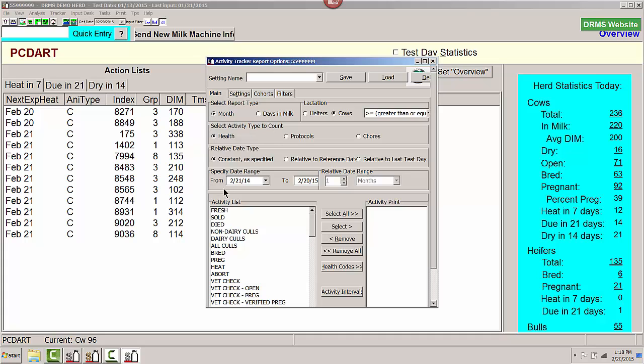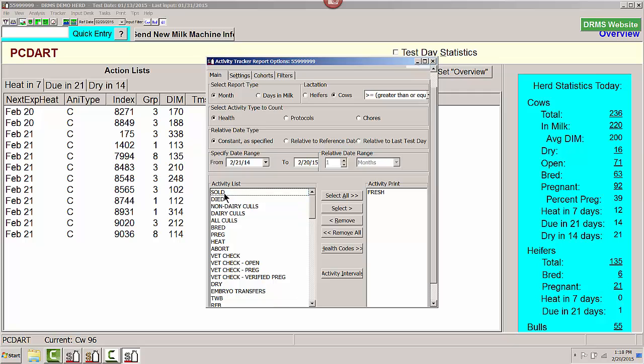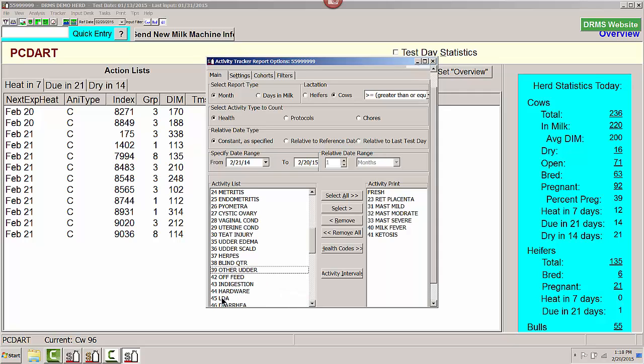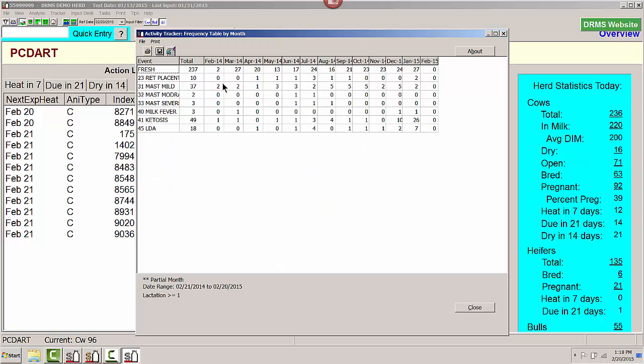I want to be able to look at least fresh days. And since we're looking at health conditions today, we're going to be looking at retained placentas, mastitis, milk fever, ketosis, and displaced abomasums. So once I have selected all those items here on the right hand side, I can go ahead and preview this report, and I can see the number of incidences of each one of these health conditions over the past